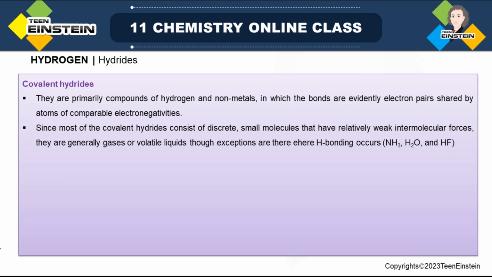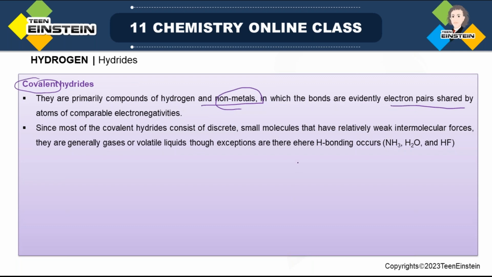Next category is covalent hydride. Now in covalent hydride, obviously covalent bond will be present, right? In the previous case you have seen the other element is an alkali metal or alkaline earth metal. Now the other element is not very electropositive. This will be something non-metal. So they are primarily compounds of hydrogen and non-metal, in which bonds are electron pairs shared by atoms of